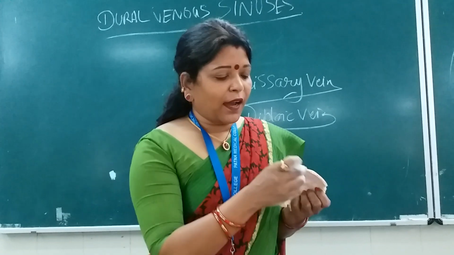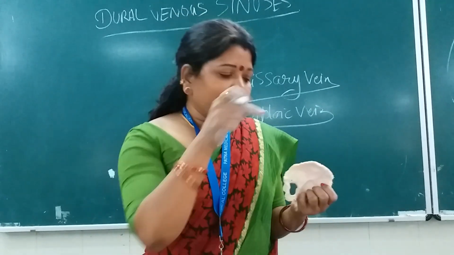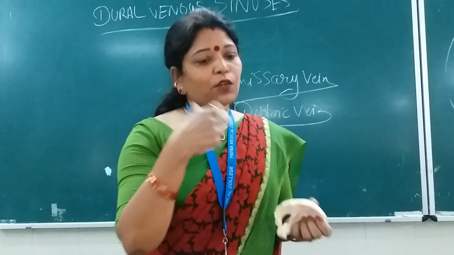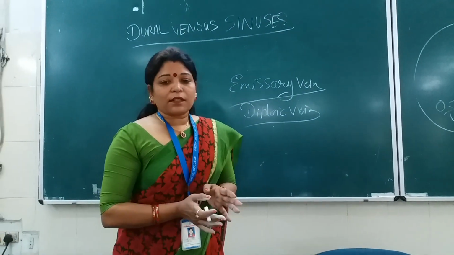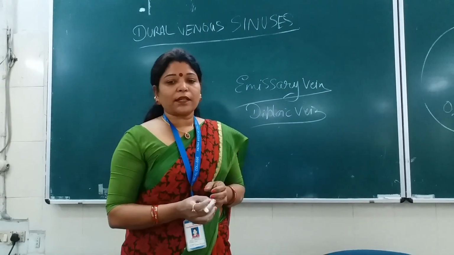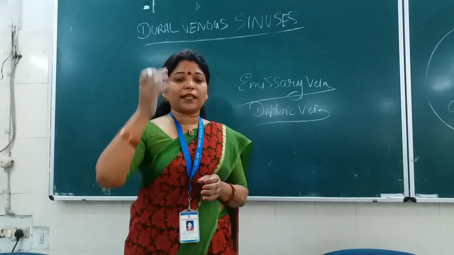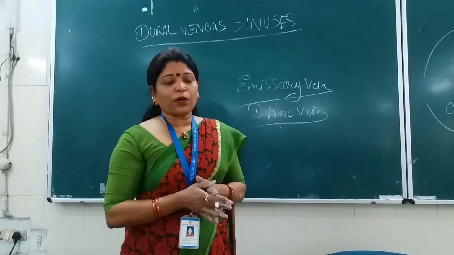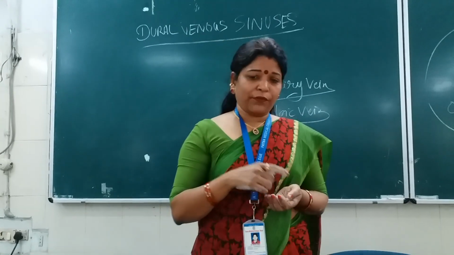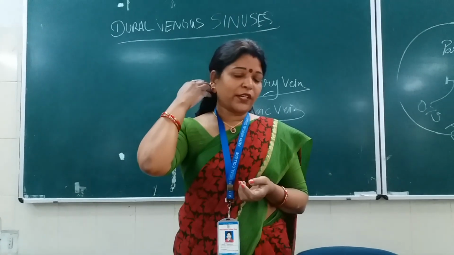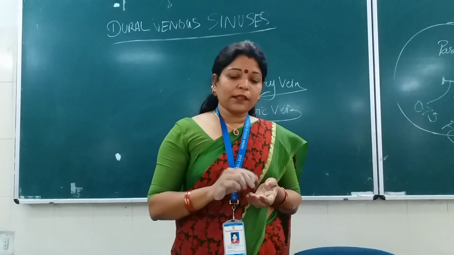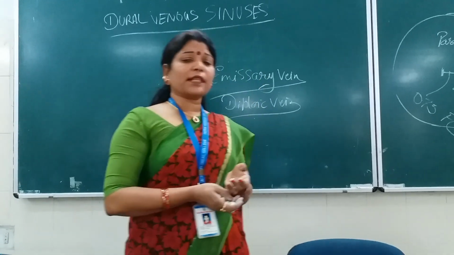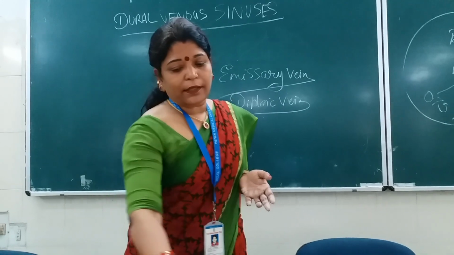Where will the venous blood from here go? Again, this diploic vein also goes to these dural venous sinuses where the lacunae are present, especially the superior sagittal sinus, isn't it? So in the diploic veins there are 4 sets of veins: the frontal, the anterior and posterior temporal, as well as the occipital. The nearest dural venous sinuses, they drain there.